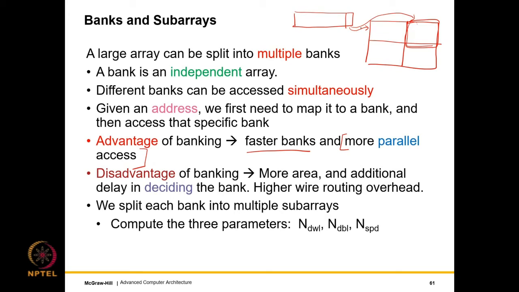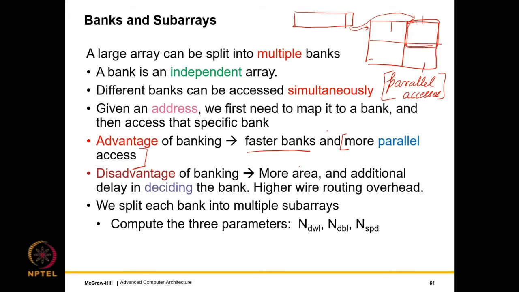So as long as 2 addresses don't map to the same bank, which is also called a bank conflict, as long as there is no bank conflict, we can support 4 parallel accesses very easily. Of course, bank conflicts are an issue, but let's say that there is a 3/4 chance of not having a bank conflict. In this case, parallel accesses can be supported rather easily, and this is an advantage of the multi-banked design, where essentially a large array is just split into 4 smaller arrays. Of course, there is a disadvantage, as we have talked about: more area, routing overhead, decoding overhead.